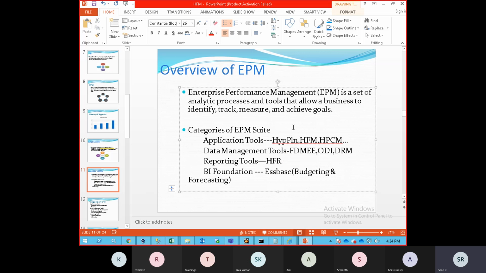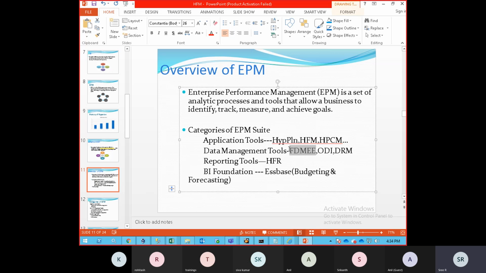And coming to the actuals data consolidation, guys, if you have the actuals data and you want to do the actuals data consolidation, then you can purchase HFM, financial management. So to load the actuals data, the actuals data is available in the source, right? Source in the sense E-Business Suite or PeopleSoft or flat files. To load those sources into HFM, we require an integration tool called FDMEE, an ETL tool.